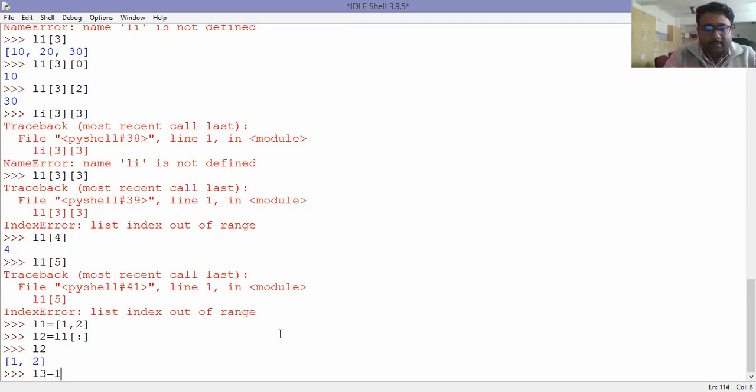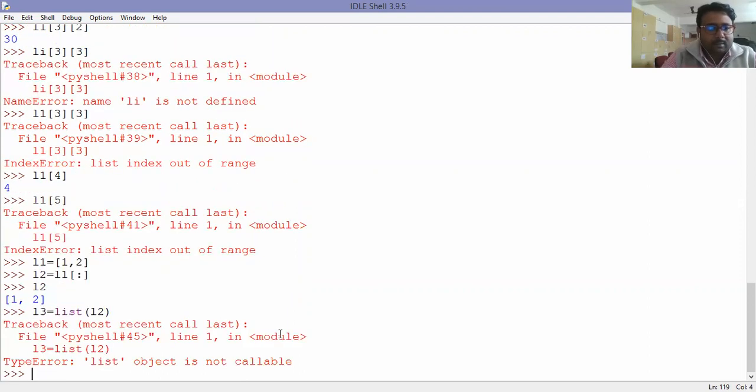L3 is the new list, list is the built-in function, and L2 is the old list. This error is coming. Can you resolve this? I hope there is something I need to import, but I don't know what to import.